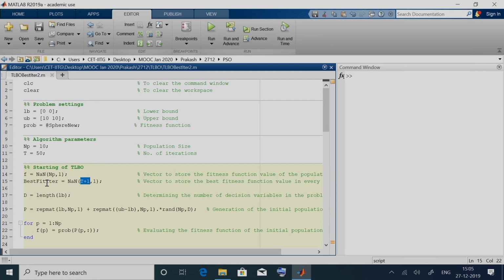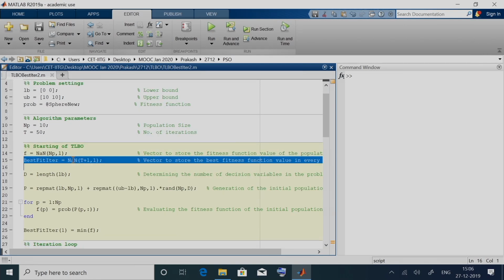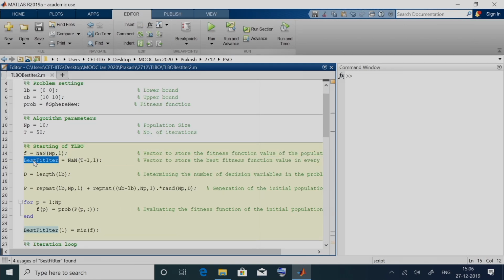So, that is why I am giving t plus 1, and it will have one column, because for every iteration we will have only one value to be stored, right. So, t plus 1 rows for t generations and the 0th generation, and since only one value is to be stored every time, we have this one column. Just like fitness, this will be a column vector.